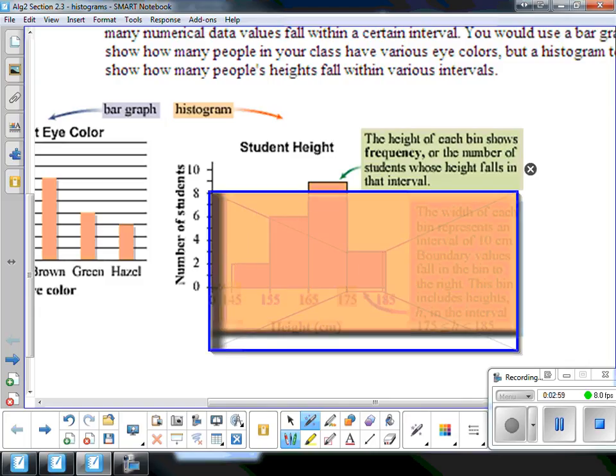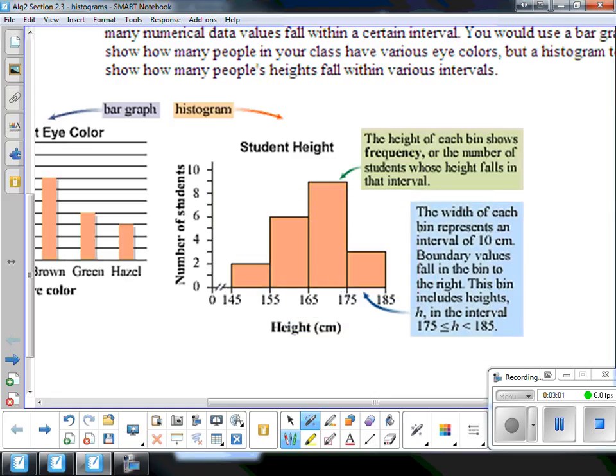Whoa. All right? So those are sort of the basics of what a histogram is. That's a good